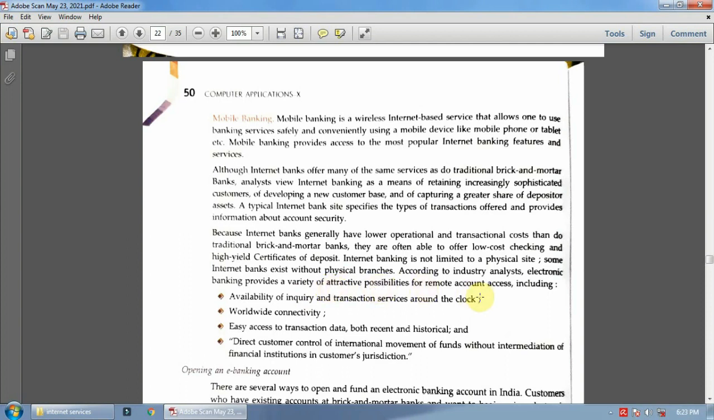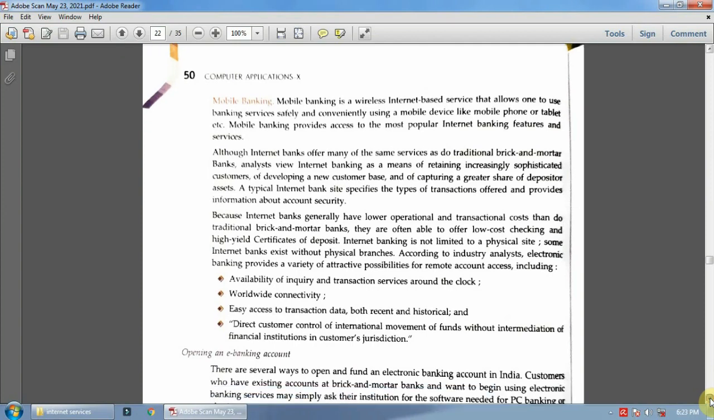According to industry analysts, electronic banking provides a variety of attractive possibilities for remote access, including availability of inquiry and transaction services around the clock, worldwide connectivity, easy access to transaction data, both recent and historical, and direct customer control of international movement of funds without intermediation of a financial institution in the customer's jurisdiction. So these are